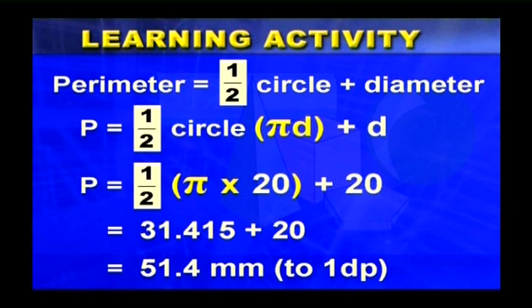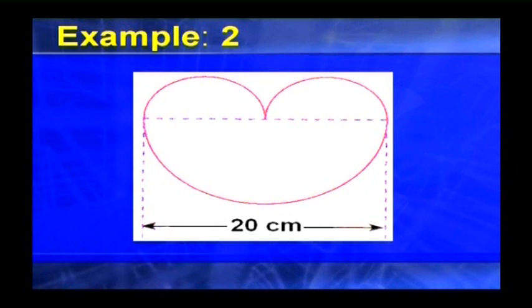So I'm just trying to get you to see how the numbers or the formula can be applied to different parts of a circle. Now let's have a look at the second problem. Okay, you have example number 2. It looks a bit complicated here. You have a rectangle being drawn out from this heart-shaped diagram. But from this diagram here,